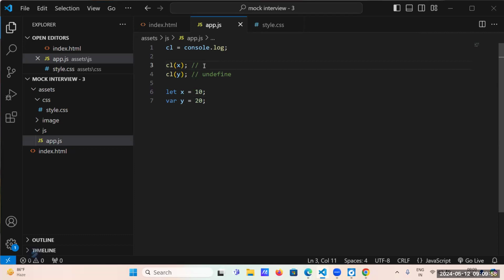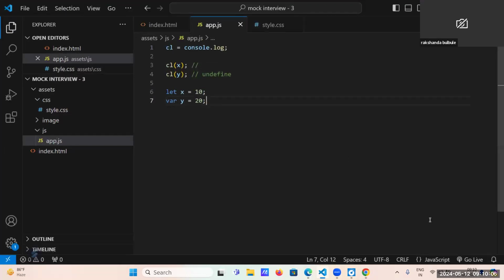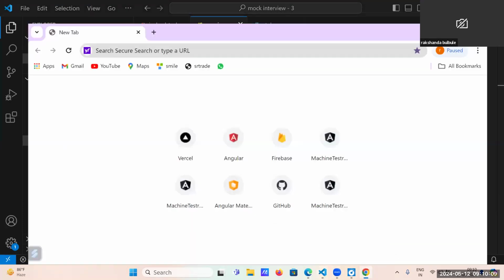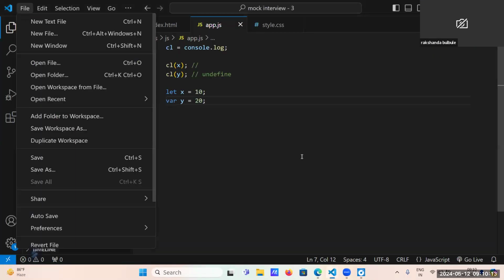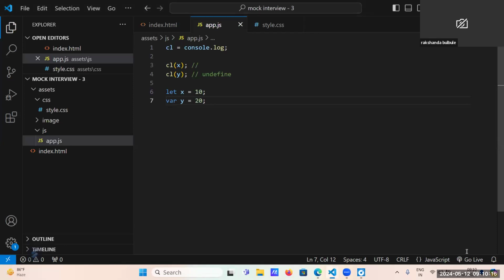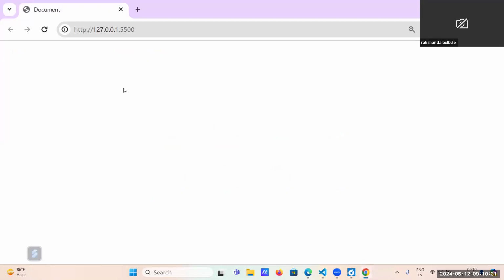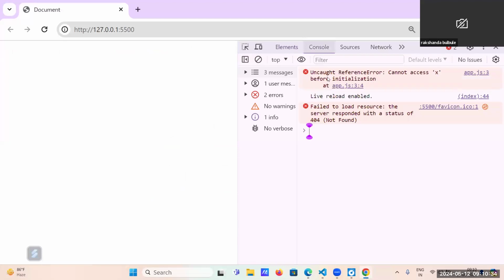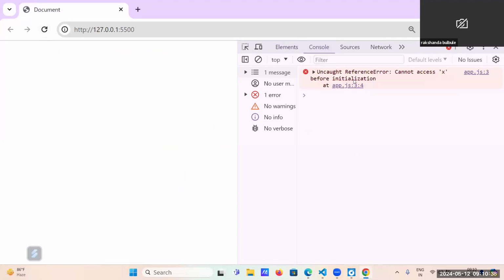Okay, can you check the output now? It is showing an error at line number 3, but why is it not printing line number 4?